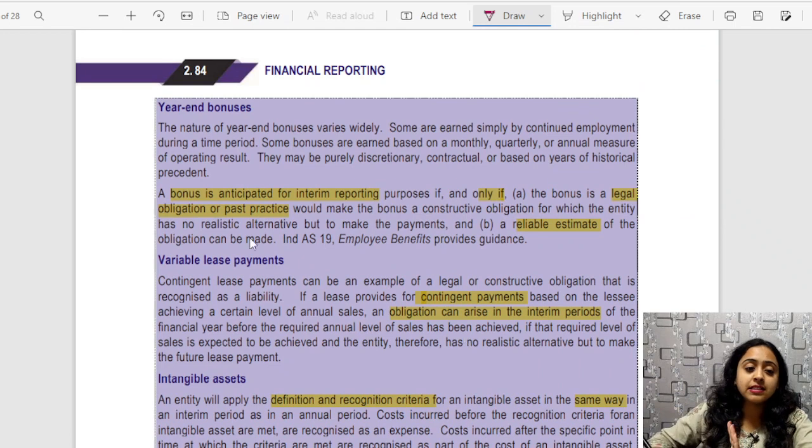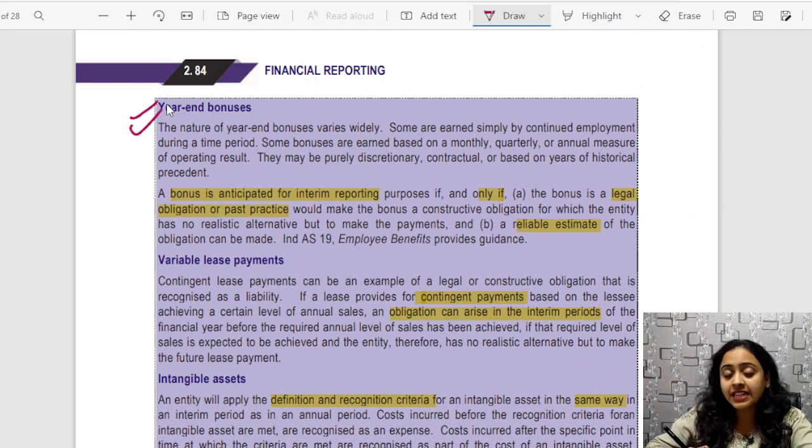Year-end bonuses. This is also recorded only and only when it is contractual, it is legal. Okay, there is contractual obligation. Any voluntary or irregular payments will not be recorded. Okay. Now,